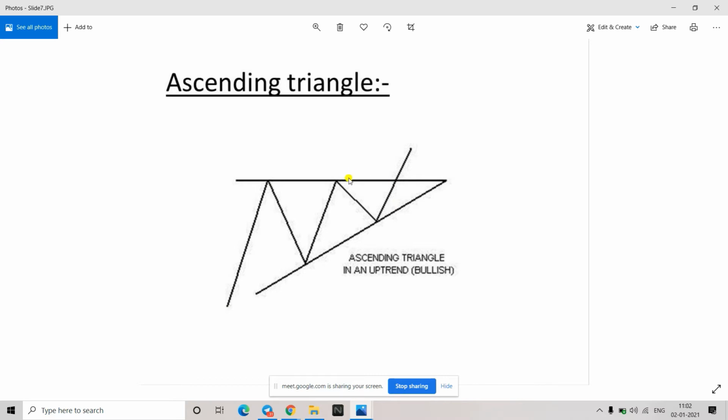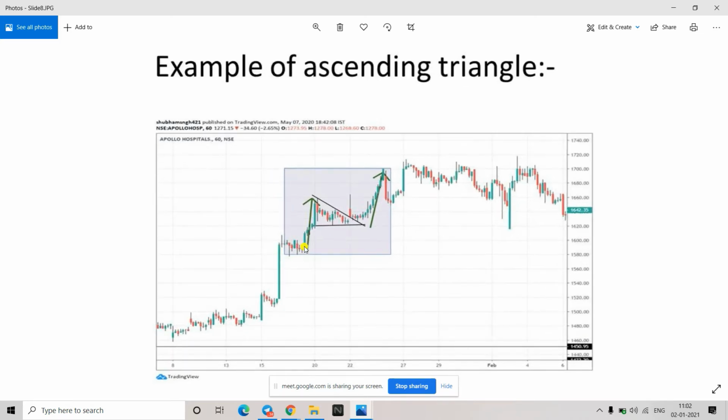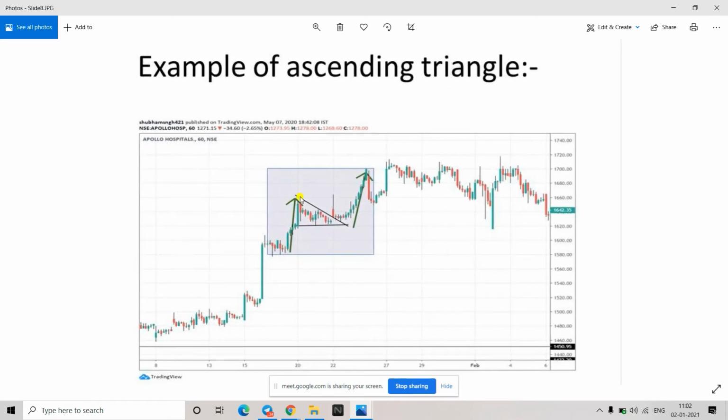Okay, so just wait for the breakout to happen, and once the breakout is happening you can go long, keeping your stop loss at the previous swing low. This is the swing low. Just keep your stop loss here and then go for the target. Your target is the immediate next support, immediate next resistance. This resistance is broken, so that's how you can trade a triangle pattern. This is an example of a bullish triangle pattern. You can see price was going up and then there was a consolidation in a triangle kind of a pattern. So once the breakout happens, you can see the price will again go up.